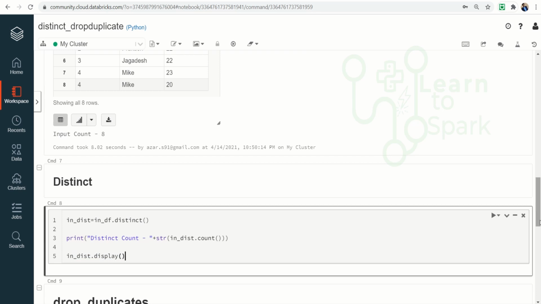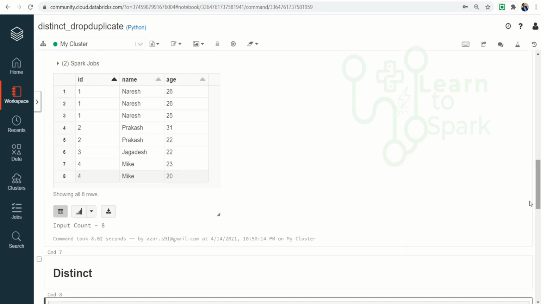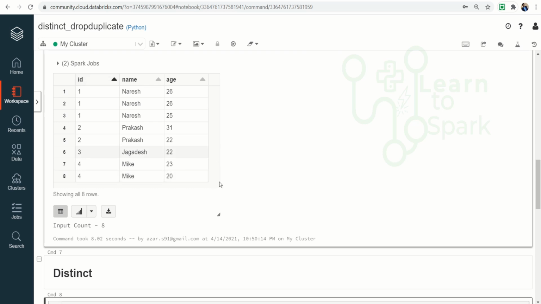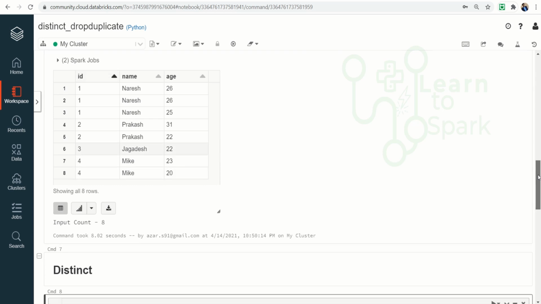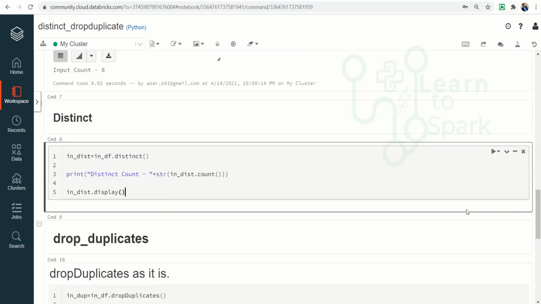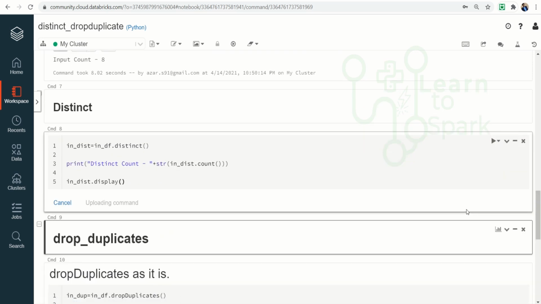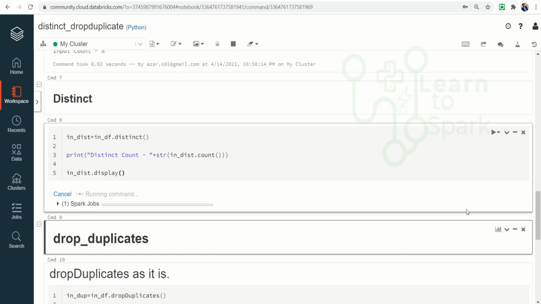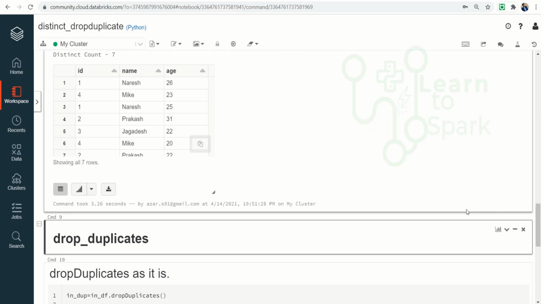Before running this command, guess on your own: we have the input data frame shown here, so guess the count of records that will appear once I run the distinct. The command is running. Hope you have calculated it.